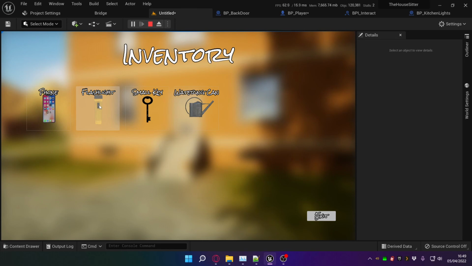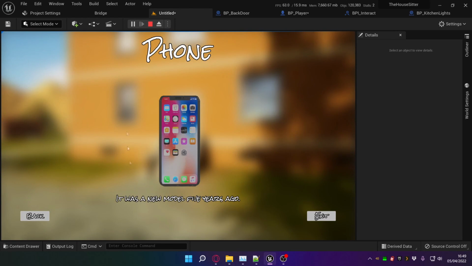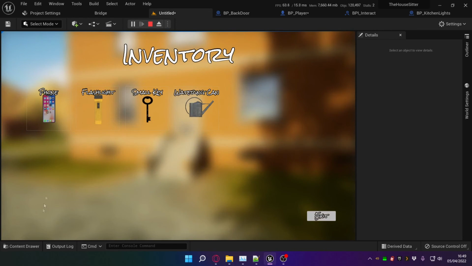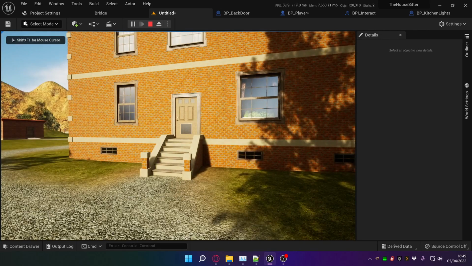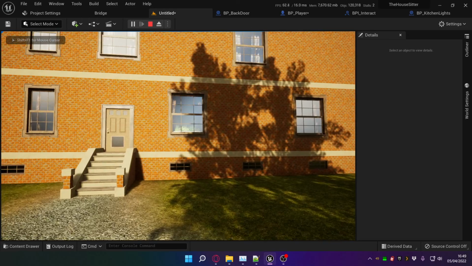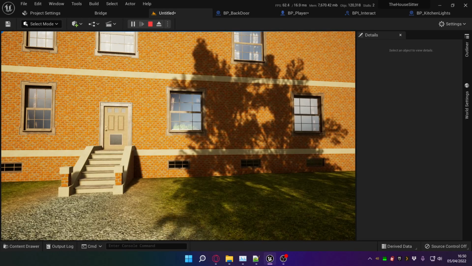You can now mouse over these things, the inventory items, and if you happen to click on one, you get a closer look at it and a description, and also a back button which takes you back to the main inventory screen, and an exit button which exits out. Now I'm going to expand on this even more, and I'll make a video about the inventory system later, but